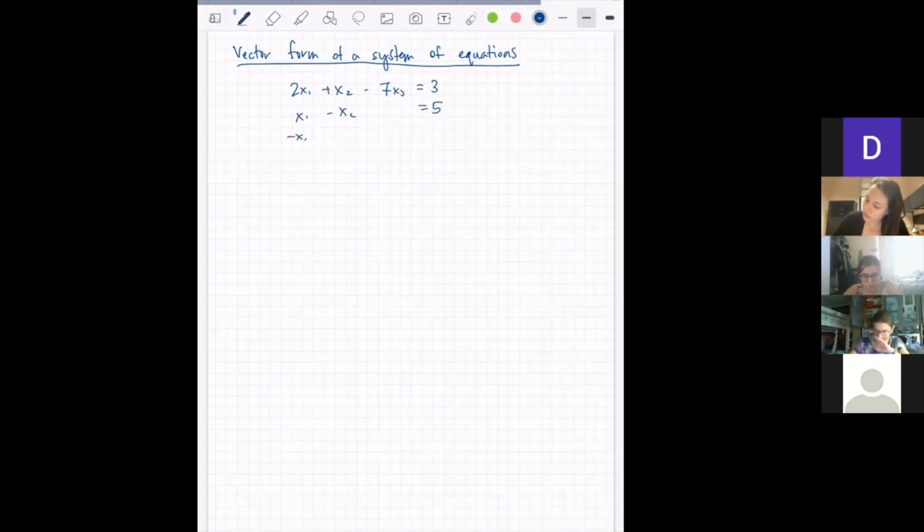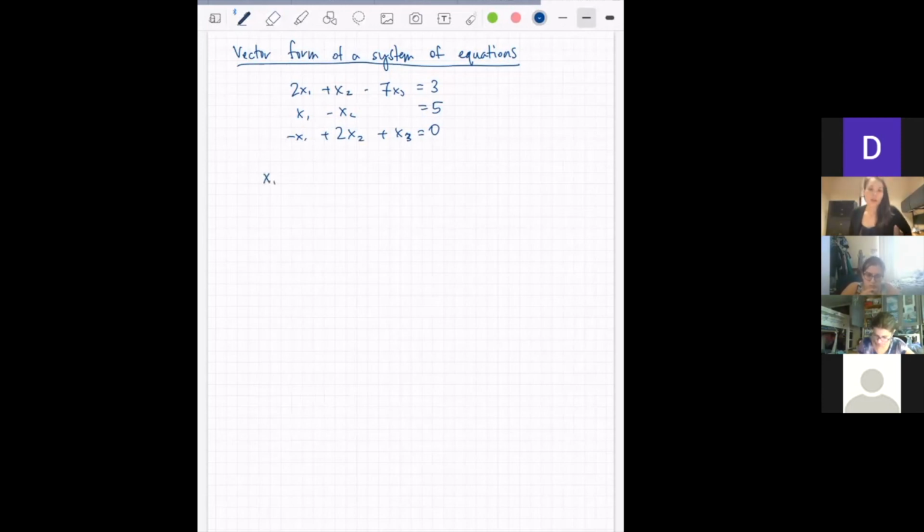And let's say two of these. Something like this, right? This is a system of equations, and we know we can write it as an augmented matrix. We've been doing that. But what we can also do is write this using vectors. So how we would do that is basically